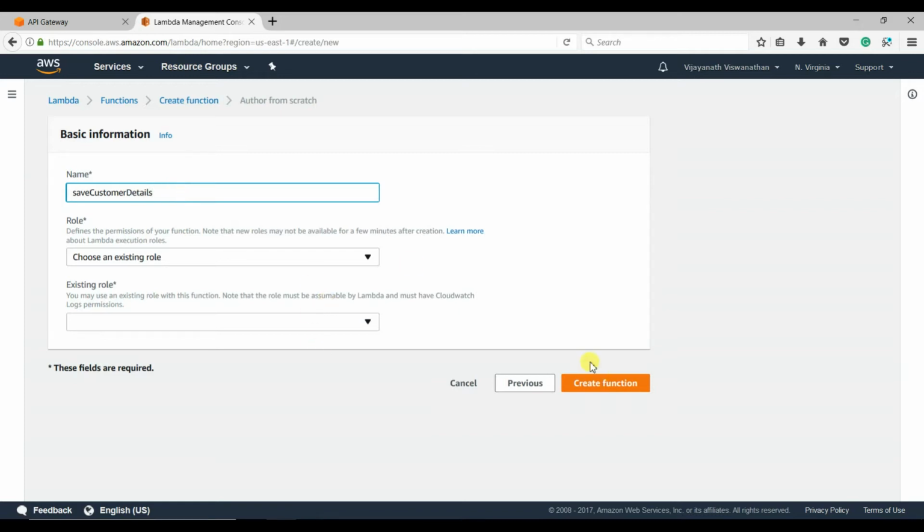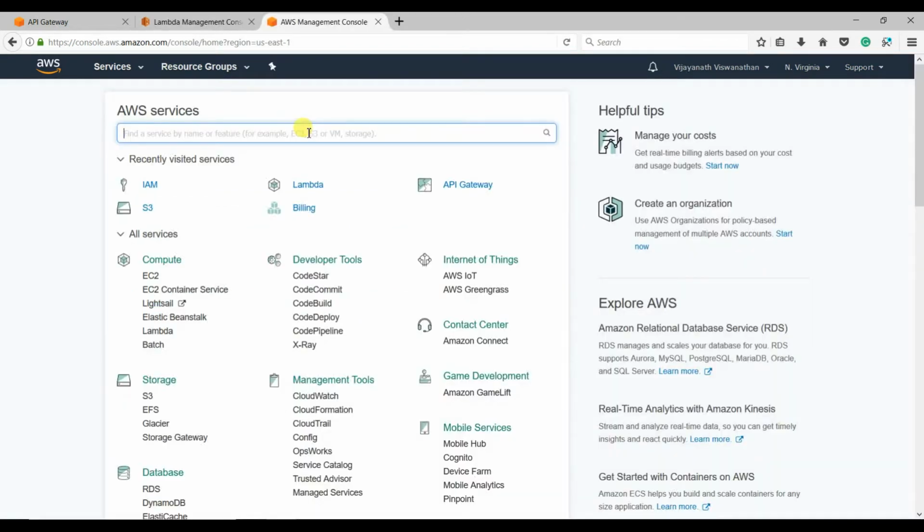customer details. Okay, so this time, if you remember last time we had to create a role, and that role only had DynamoDB read-only access, but as a part of now we are posting data, because of that read-only access will not work. So we have to create another role that has access to DynamoDB write operation. Okay, so let us go to IAM and create a new role which has permission to DynamoDB write operation. Okay, let us do that now. So let us go to IAM